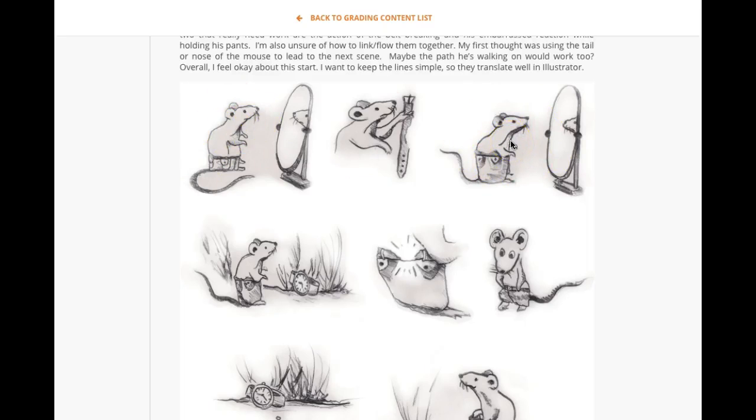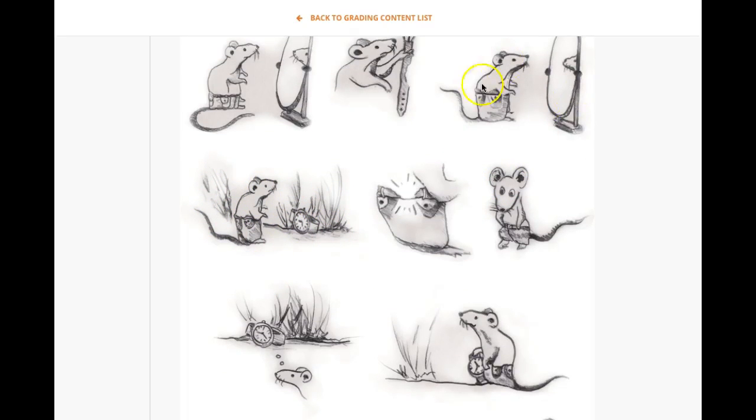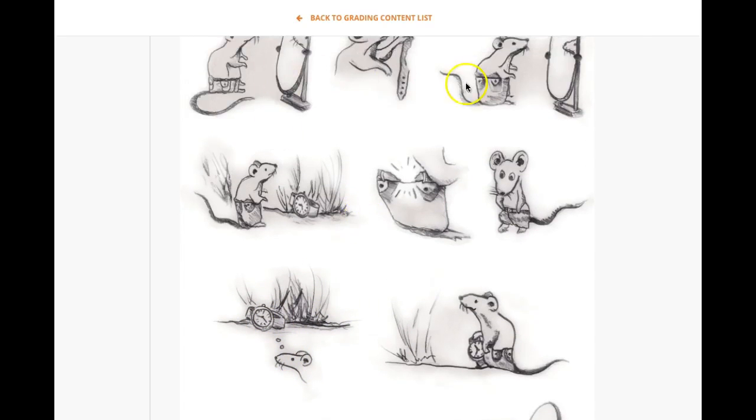So we make this connection between the mouse with the trousers, the mouse with the belt, and the fact that the mouse is putting the belt on over the trousers. I would lose this frame right here because it's creating a little bit of confusion. We go from this to this, where all of a sudden he's in a completely different setting and he sees a watch. I think that's conveyed beautifully right here. It's a thought bubble, okay? So we go from